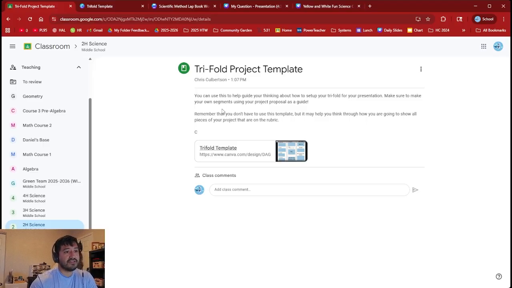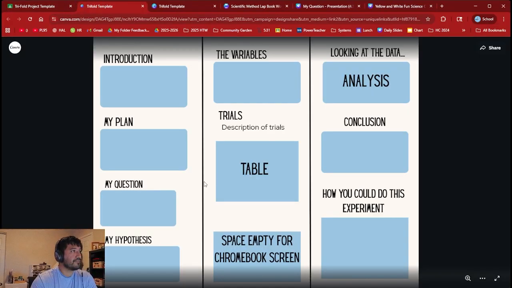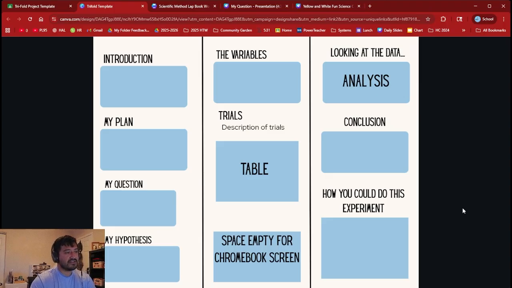So one thing that is very helpful for me is a trifold board. Let me show you what this student has created. When I open up the trifold board here, you can see that it's broken down into different sections. And what this student did, this is an 8th grade example, they laid out every piece that you need to